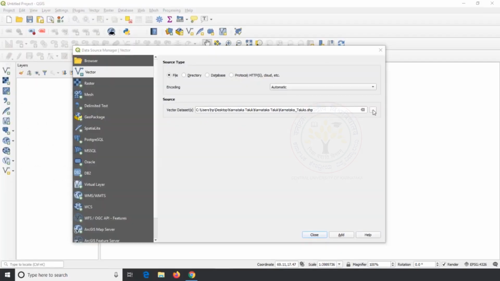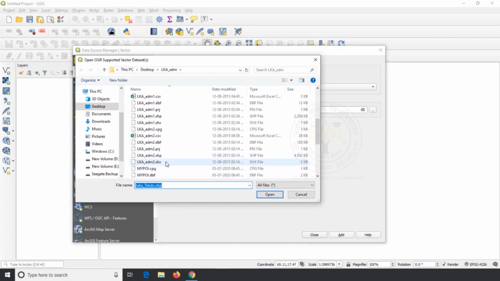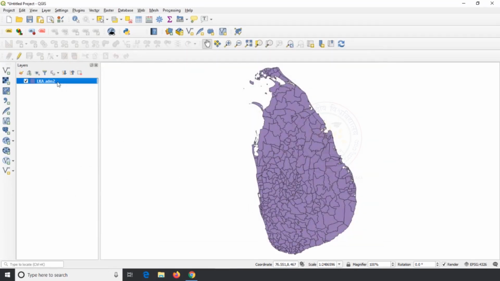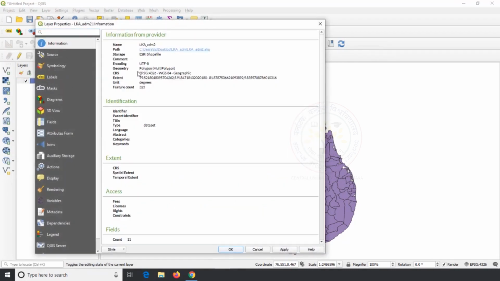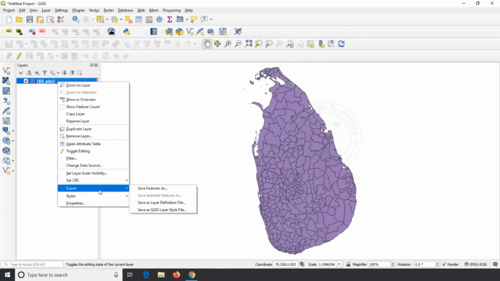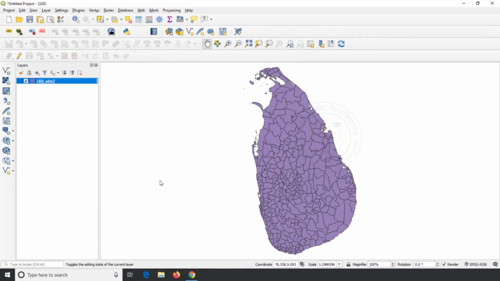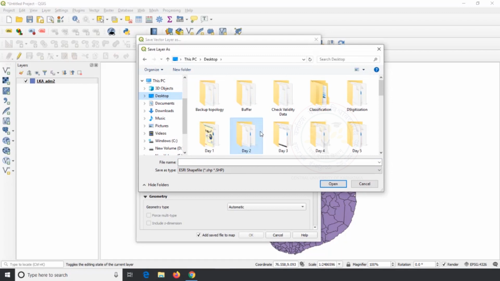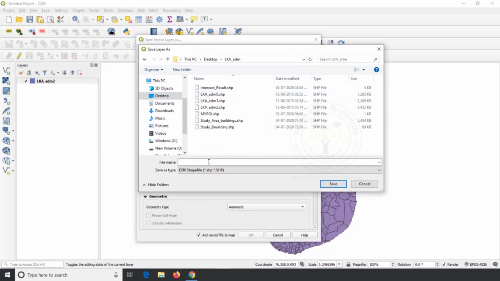To perform this exercise, first I opened the Sri Lanka administration boundary that was downloaded from the DIVA-GIS website. We will check the coordinate system. If it is not projected, we will project it. The data has only a geographical coordinate system, so I will project it with WGS 84 UTM zone 44 north. I am saving the file with the name pro_admin.